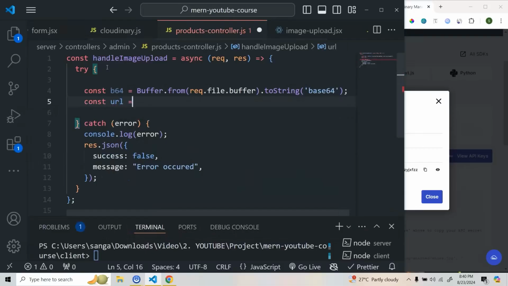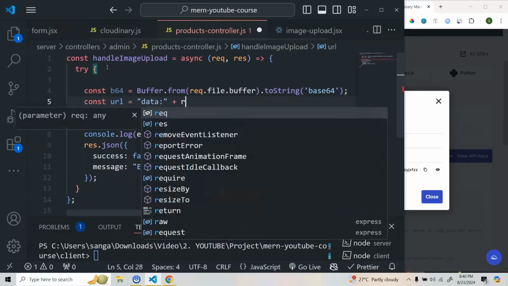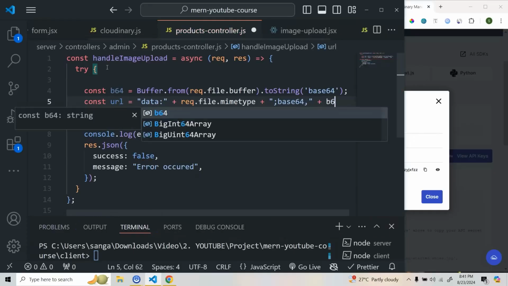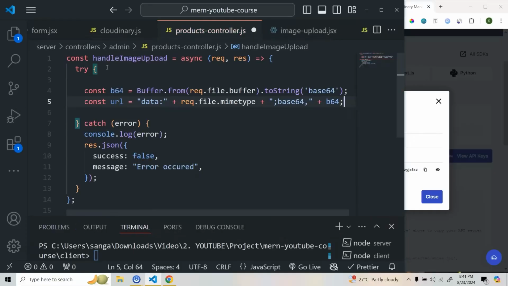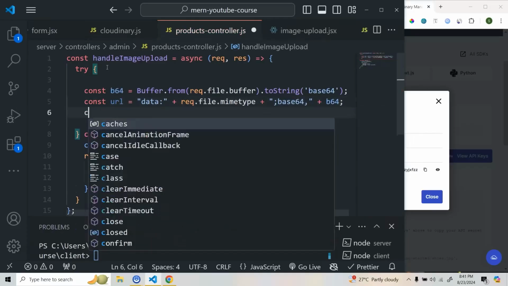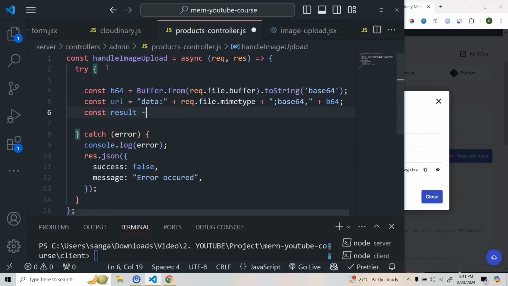So URL will be, so here we'll do data, right, plus we have request.file.mimetype, and plus what we are going to do here, we are going to pass base64 comma, and then we are going to pass this base 64 that we have created here,